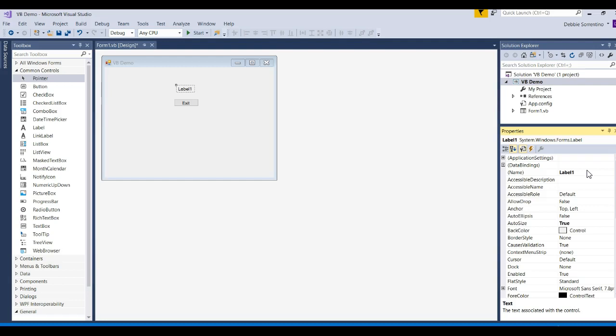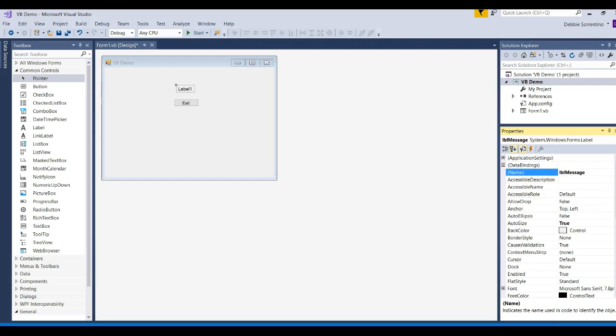If the label is just displaying something on the form for display purposes, you don't have to do anything with it, but you can change it. If you put one label out, it'll default to label 1, the second one will be label 2, etc. So I'll change this just so you see the prefix, lbl, I'll just call that message,